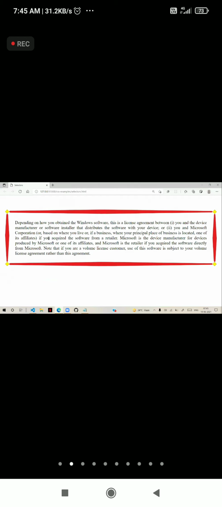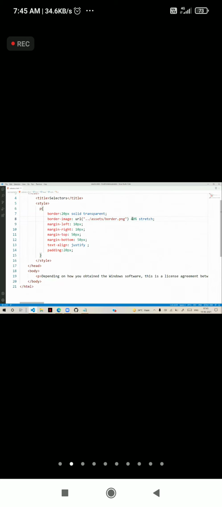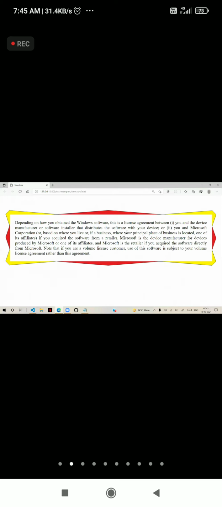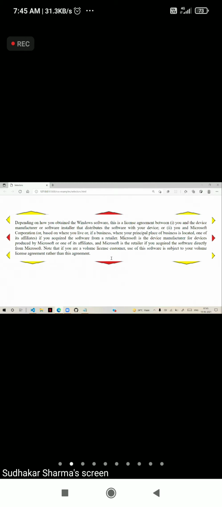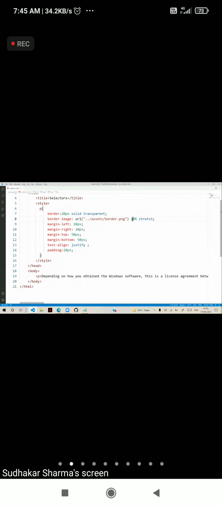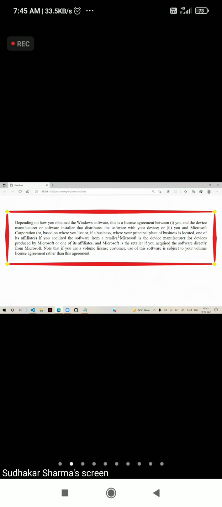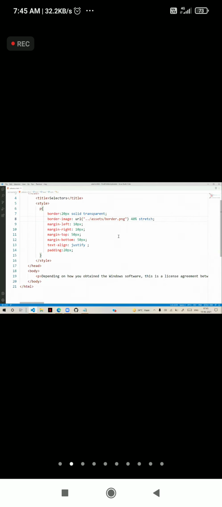Size also important. Size also important. When I give 40%, that means based on the width, or 20%, here it will be like this. You can see the percentage. So how much it will stretch, it will change. Suppose I give as 40%, it will be like this. I give as 50%, then it will be like this. Okay, 40% is good. Now it is having stretch style.